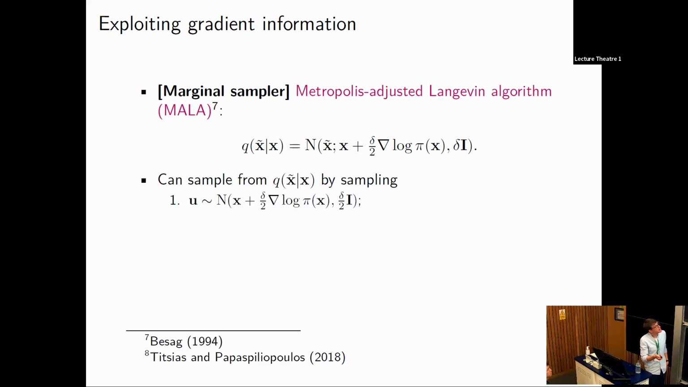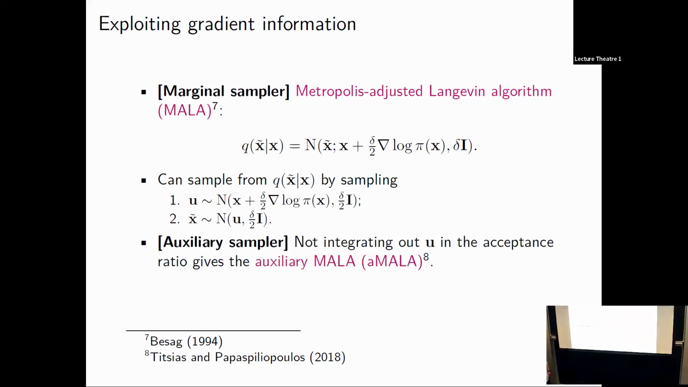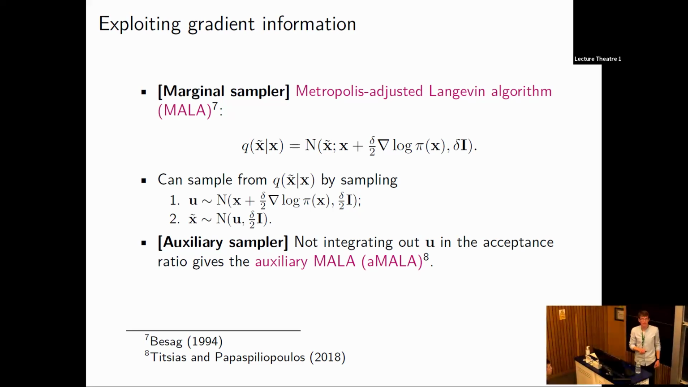And again, you can construct an auxiliary sampler of this form, where you sample the auxiliary variable first, and then you propose your state. Now, in this case, the auxiliary variable U does not cancel out in the acceptance ratio. Yeah, so the auxiliary sampler is not statistically equivalent to the marginal sampler. The auxiliary sampler I'm calling, well, is called auxiliary MALA here. Yeah, just interesting that we can construct such an